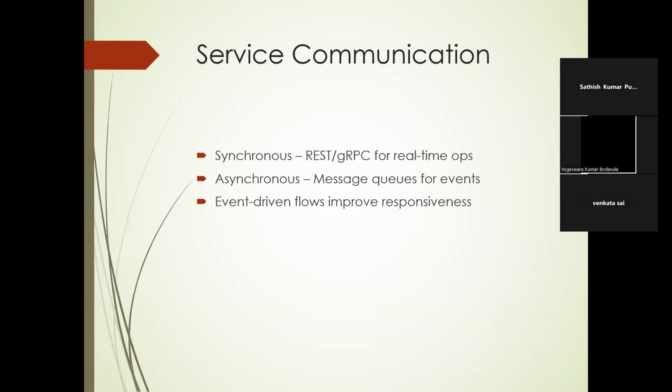When it comes to service communication, DoorDash services communicate in two main ways. The first one is synchronous communication, which is used for real-time operations. Services talk directly to each other through REST APIs or gRPC. For example, when a user places an order, the order service immediately interacts with the payment service and restaurant service